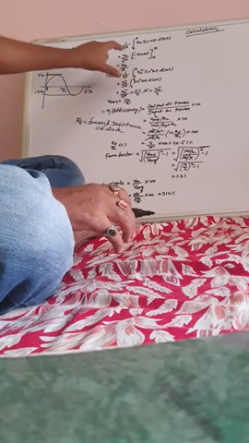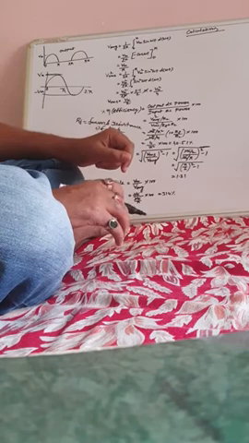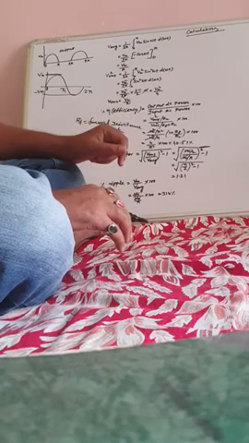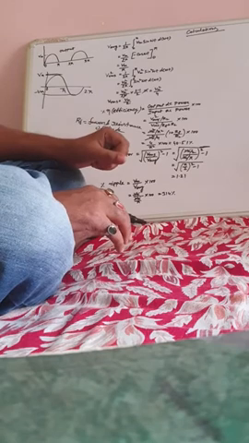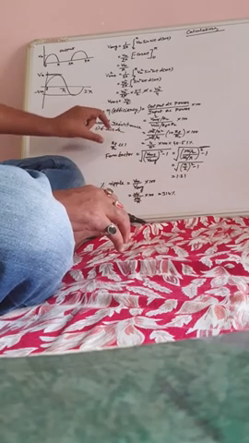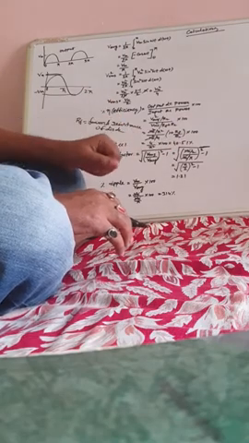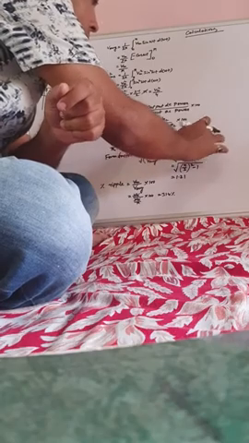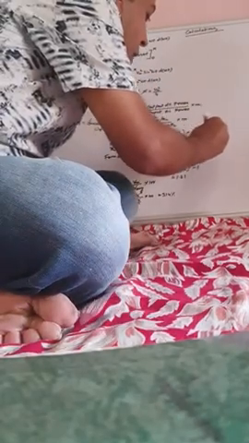So put the values here, Vm by pi and Vm by 2. So Vm square by pi square divided by Vm square by 4 into 1 plus Rf by Rl, into 100. This ratio Rf by Rl is very less than 1. RL has a higher value compared to Rf. So 4 by pi square equals 40.51%. This is very low efficiency.